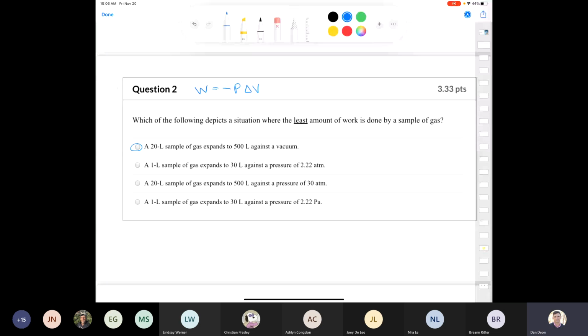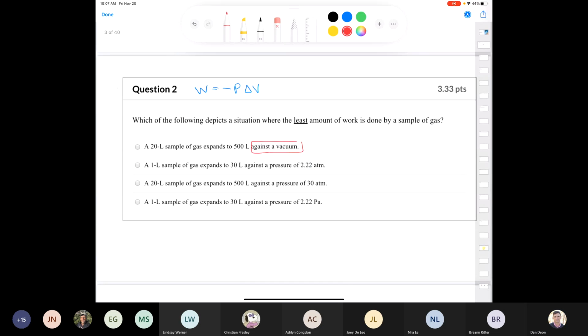A 20-liter sample of gas expands to 500 liters against a vacuum. A 1-liter sample of gas expands to 30 liters against a pressure of 2.22 atmospheres. A 20-liter sample of gas expands to 500 liters against a pressure of 30 atmospheres. And a 1-liter sample of gas expands to 30 liters against a pressure of 2.22 pascals. So we're given all the changes in volume, but some different units of pressure, atmospheres here and pascals here. That's neither here nor there, because one of them should stand out to you in terms of pressure. If I'm doing work against a vacuum,